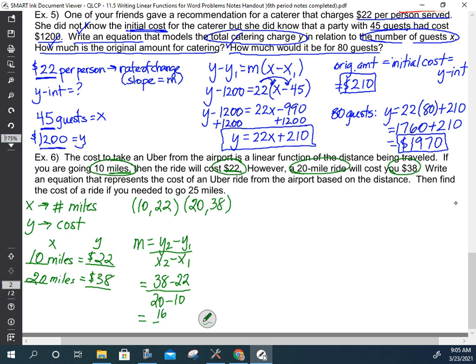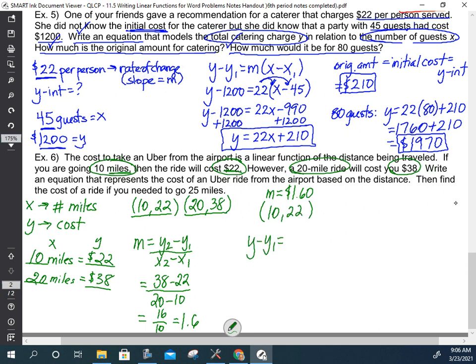38 minus 22 is 16. 20 minus 10 is 10. 16 divided by 10 is 1.6. So 1.6. So in other words, it costs $1.60 for every mile you're going to go. $1.60 for every mile. So now we know what the slope is going to be. We know the slope. Now we pick a point. Remember, you can use any point that you want. I'm going to choose the first one